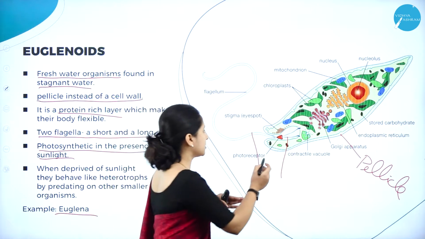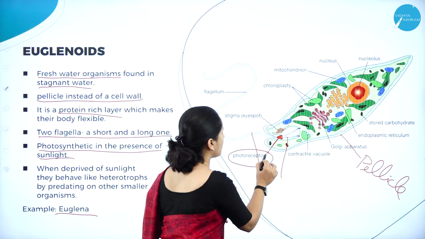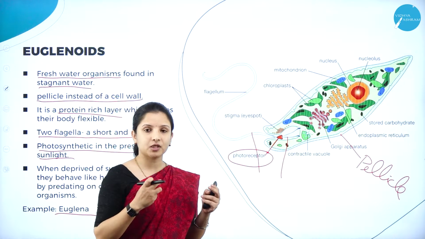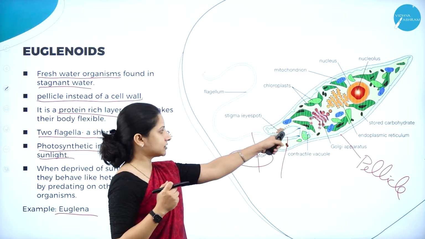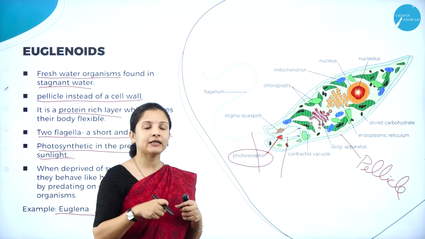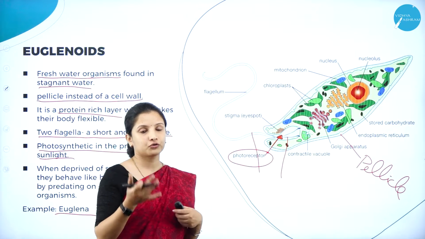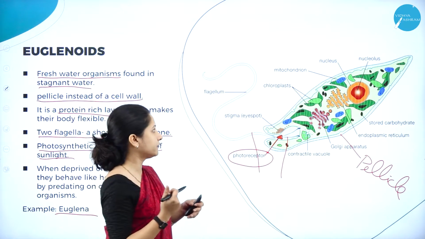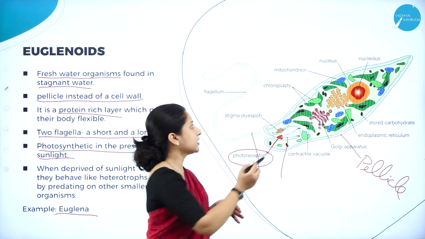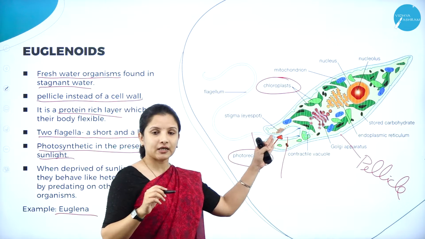presence of sunlight. There is an organ called the photoreceptor. Can you see this particular organ here? Photo means light, receptor means to receive. Whenever there is sunlight, these photoreceptors receive it and they make the organism autotrophic, that is, able to synthesize their own food. They are photosynthetic because of the presence of chloroplasts, and they also have